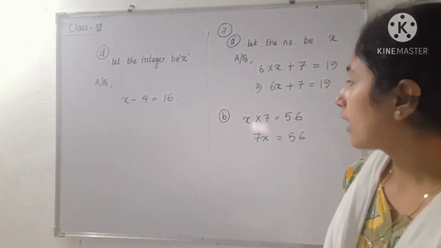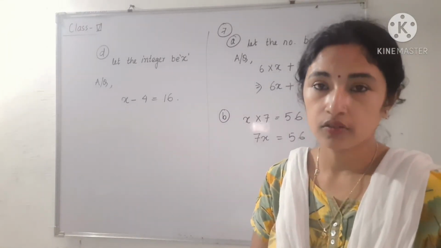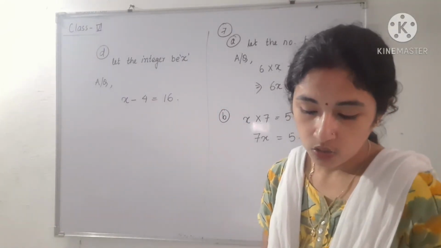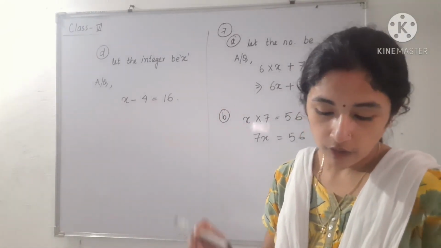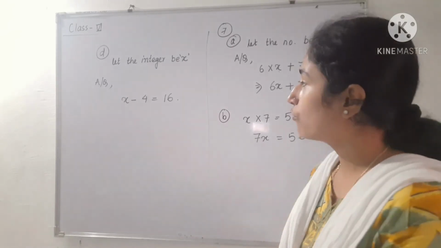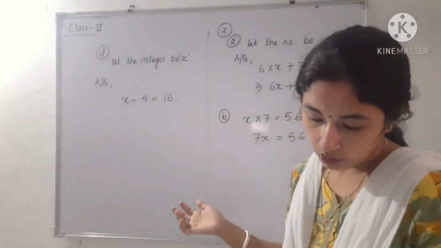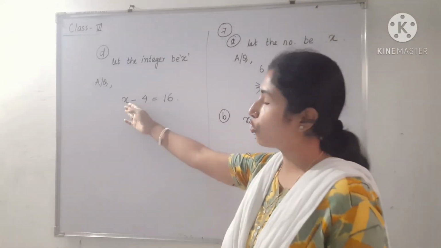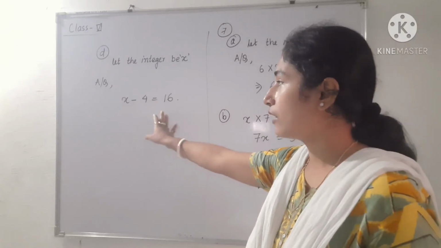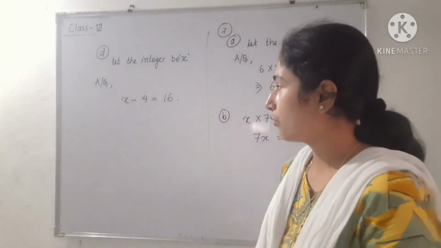Okay. Next I am doing number D. Here in number D it is written that I am an integer. That means you have to take an integer. So let the integer be x. Okay, because there is no alphabet they are mentioning here, so we have to take that alphabet. That alphabet will be x. When you subtract 4 from me, that means when we subtract 4 from this, we'll get 16. So x minus 4 is equal to 16. Next you have to find the value of x, so adding 4 to both sides, you will get your x. Okay, that will be 20.